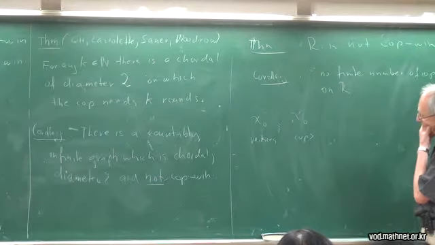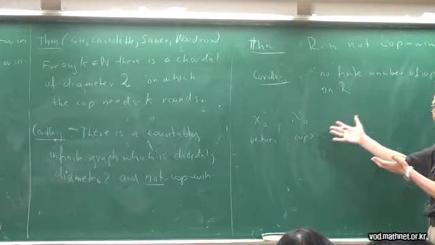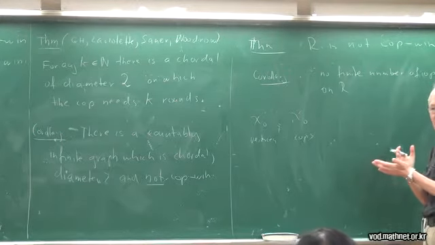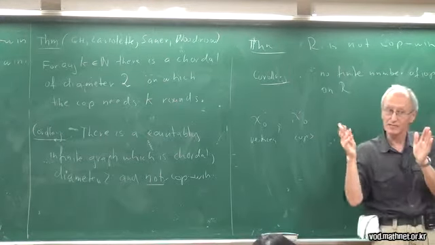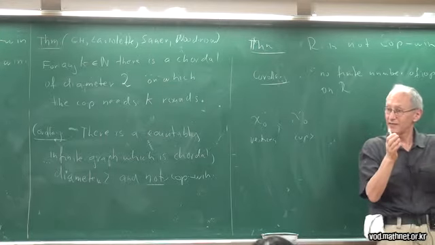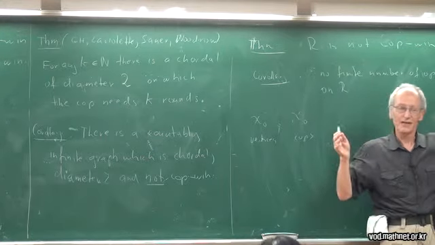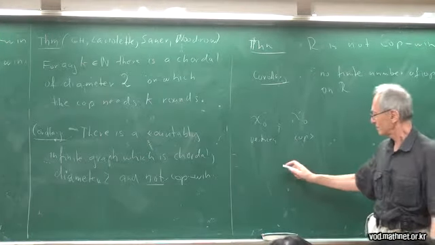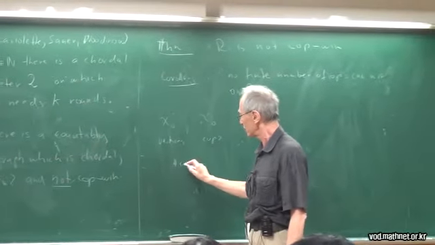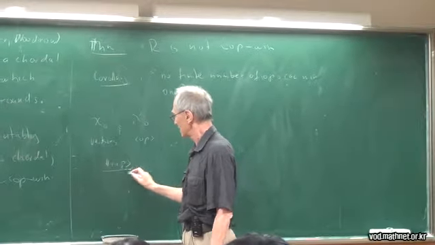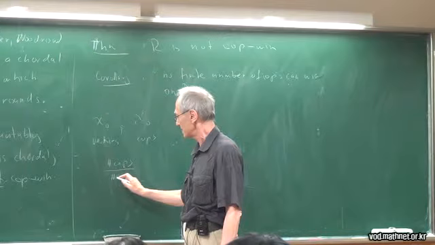Well, how many cops, how dense do they have to be? Do they have to appear, say, if you look at the integers, every third one, every fifth, every hundredth? If you define the ratio of the number of cops to the number of vertices,